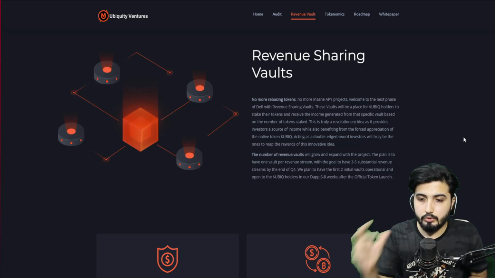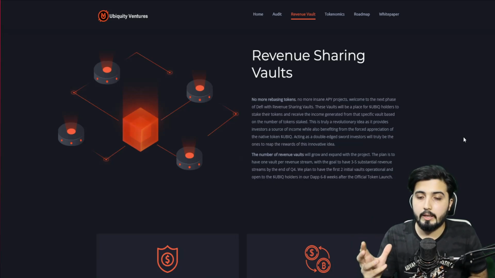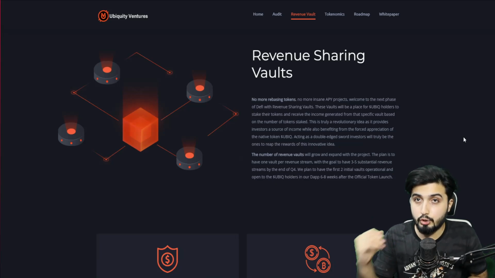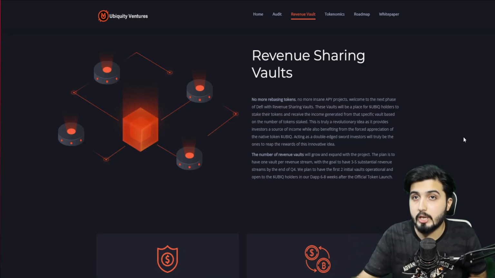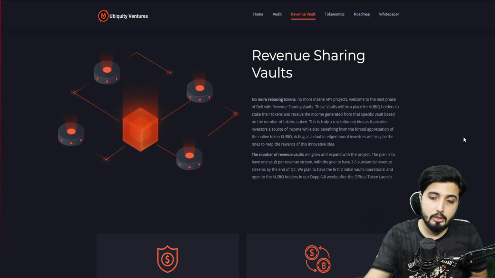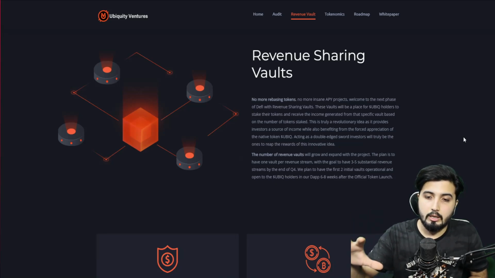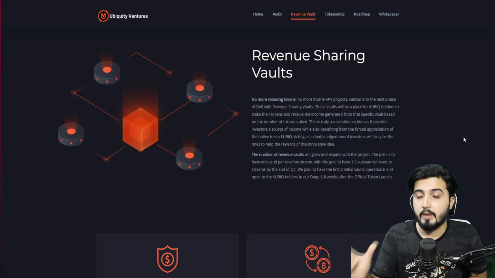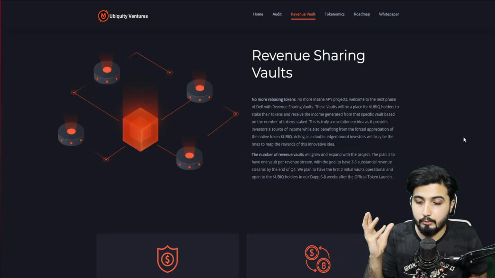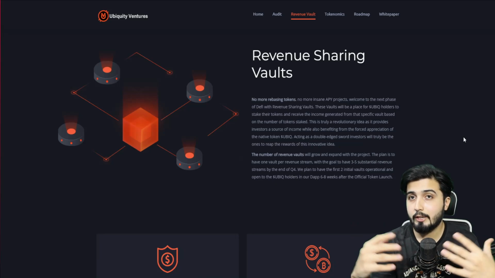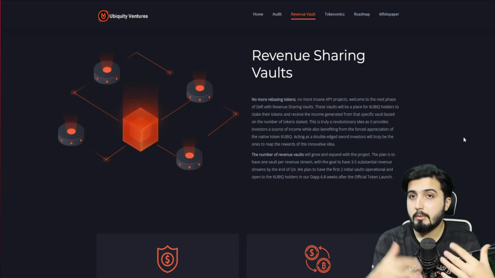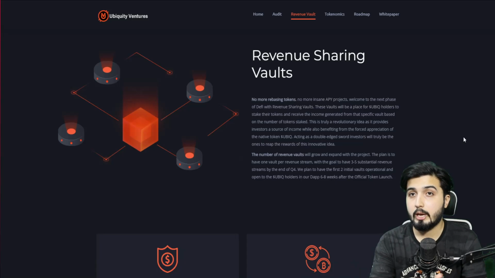So they have created this protocol, through which they ensure that the price or the value is appreciated. We're going to talk about the protocol, the transaction fees, and so forth. How are they ensuring that the value of the UBIQ token is appreciated? And forced appreciation means that no matter the market conditions, it still is appreciated.